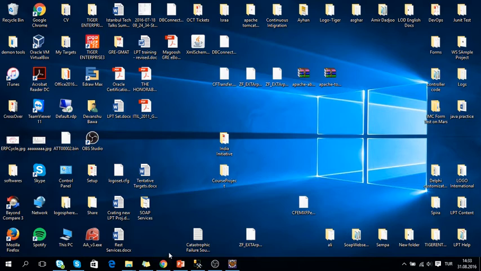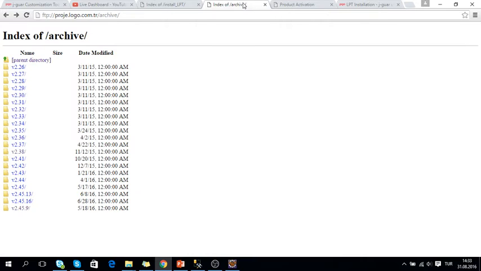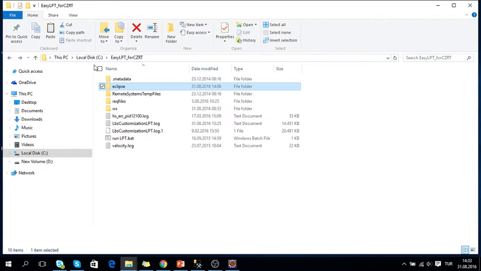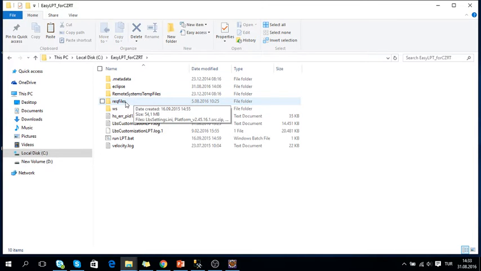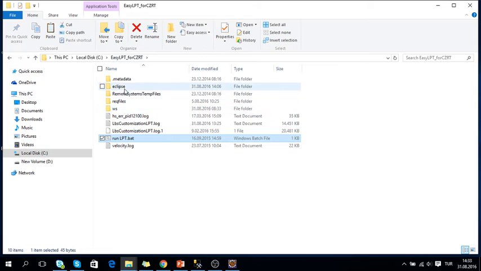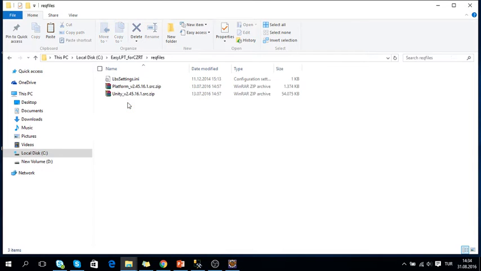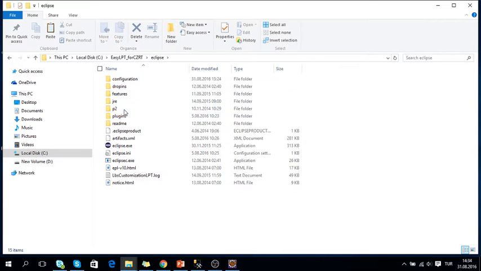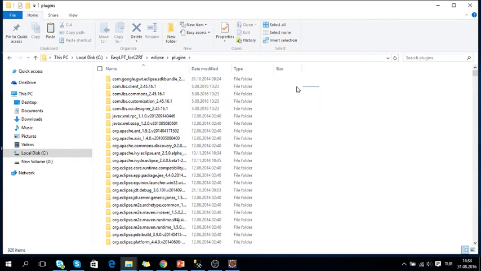What we did is, first of all, we downloaded our EAR file, and we downloaded our source files and our plugins from proji.logo.com.tr, and we copied it into the C drive, and it looked like this as I showed you before. If you open your package, you will see that you have your Eclipse environment, and your source files that we copied from our EAR file that we extracted. And now under the Eclipse, you will see in plugins, we copied before all the plugins,